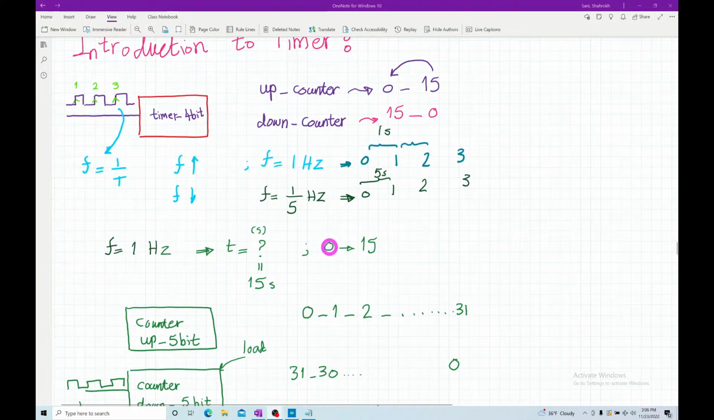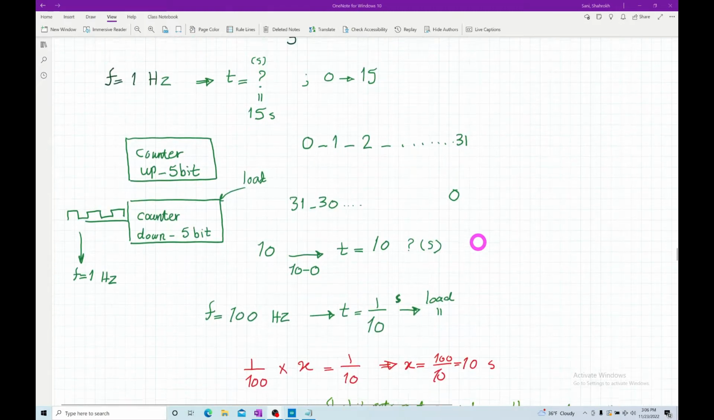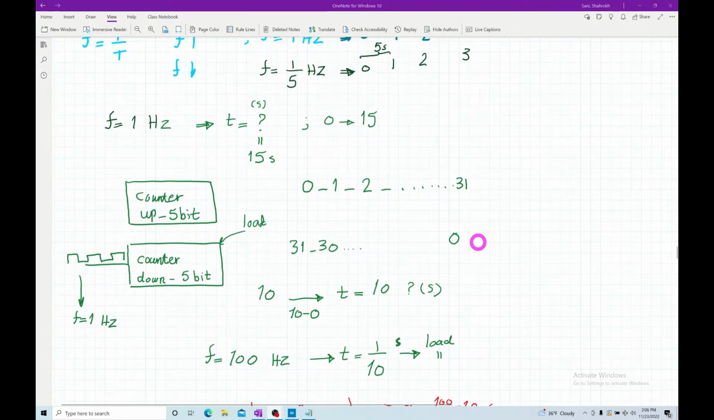So how long does it take this timer to count from 0 to 15? Definitely, whenever the frequency is 1, the time interval between each counting should be 1 second. For counting from 0 to 15, you definitely need 15 seconds. So that means